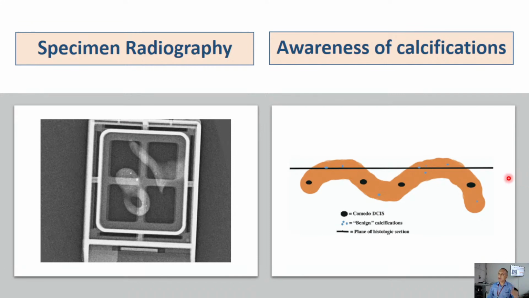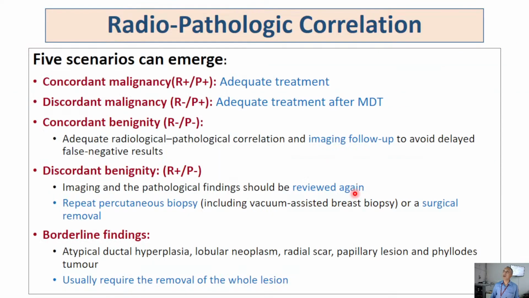So one has to be aware that there are two types: benign calcification and significant calcification. Benign ones are just calcium oxalate crystals. Unless you have reached the level of suspicious calcification in your step sections, you are never assured that you have actually reached the lesion correctly. So this is something the radiologist and the pathologist need to share, if the information regarding the calcification is available,